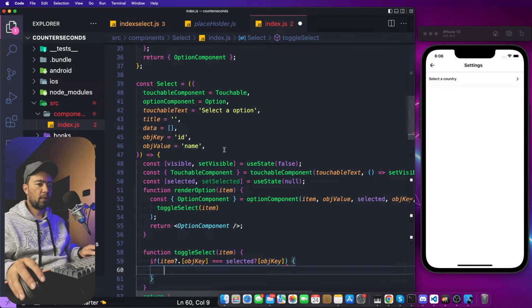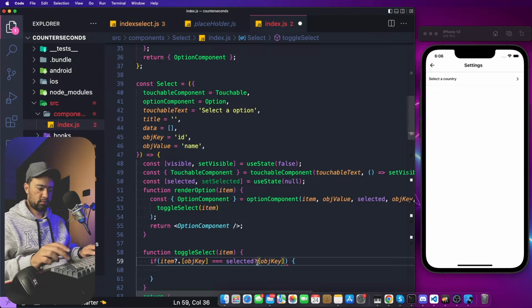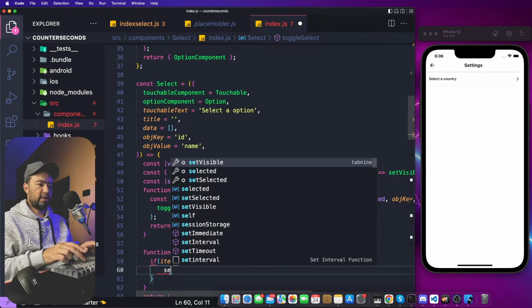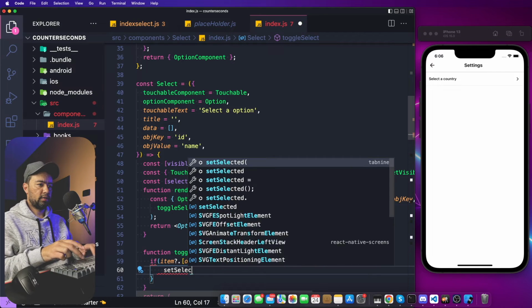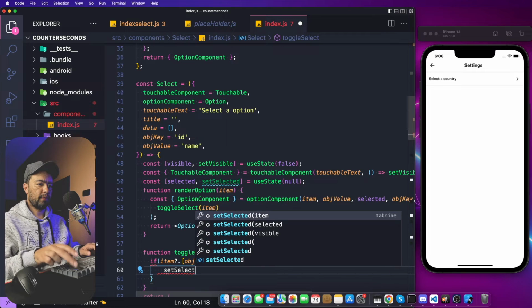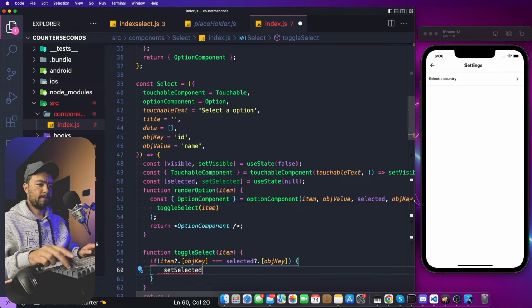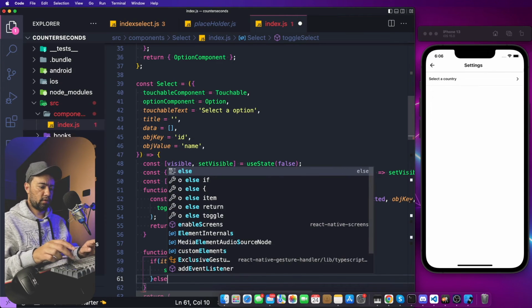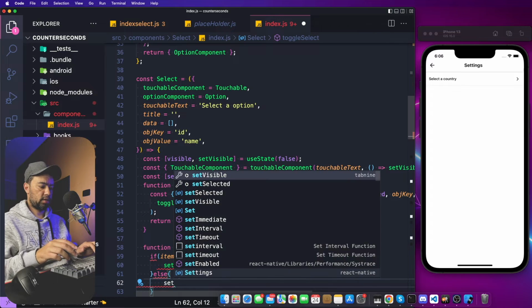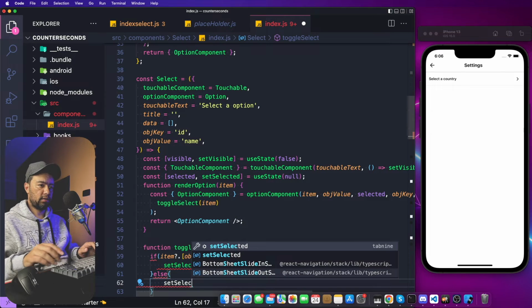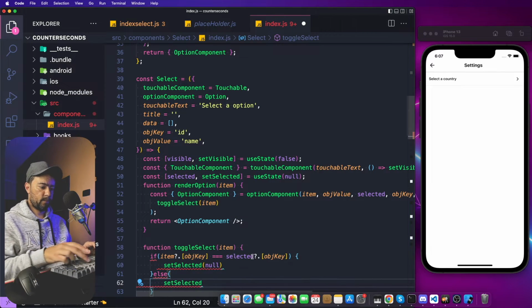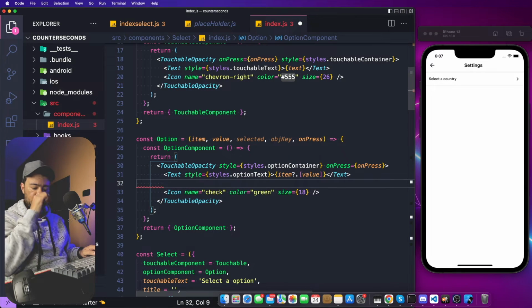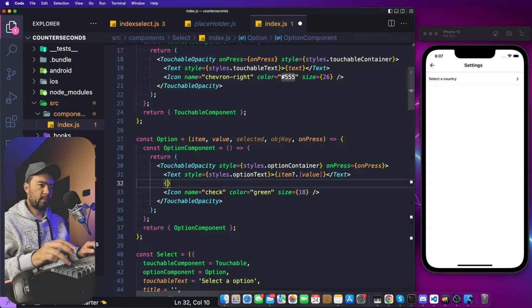So let me set touch right here. So set selected to null, else set selected item. So right now we can already check